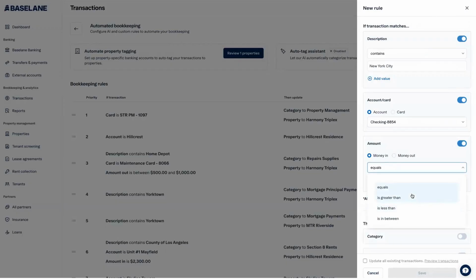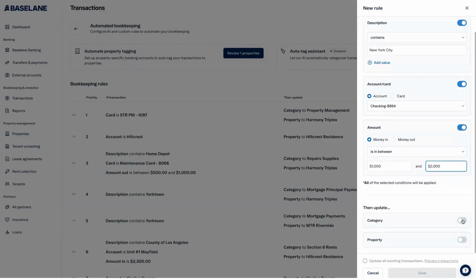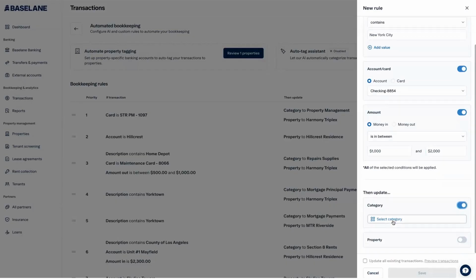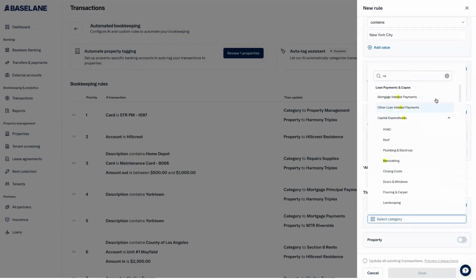Maybe you're having Airbnb payments, and the amount changes each time. You can actually play around with it. Say it's in between, maybe $1,000 to $2,000, depending, this is an example. And then you can tell Baselane, let's update this category. Let's have this updated to